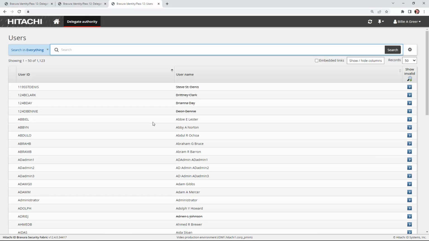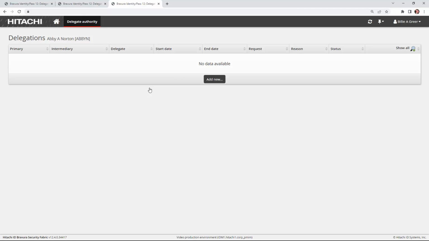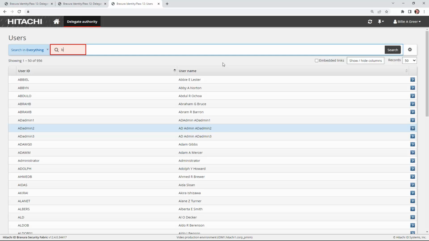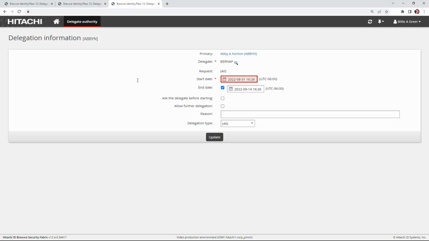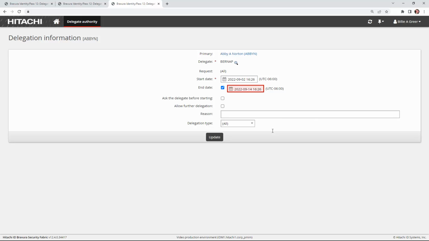In this case, the primary and the delegate need to be specified. I'll use another primary for this example by searching for Abby and selecting her profile. From here, the rest of the process is similar. Billy clicks Add New, searches for and selects a delegate, specifies a start date, and an end date,